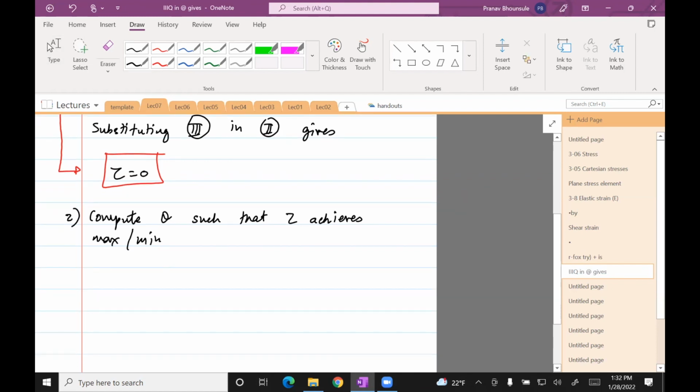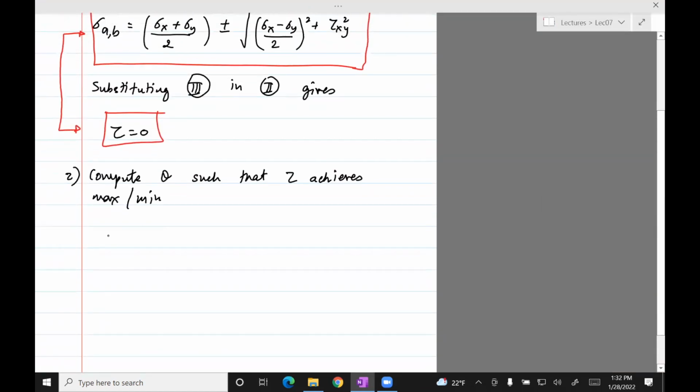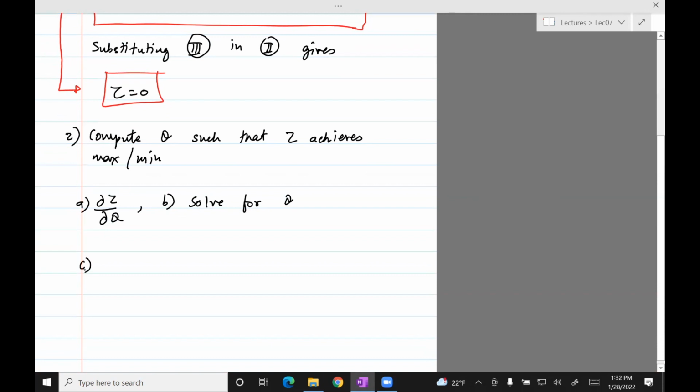Those steps are very similar. Step 1, take the derivative of tau with respect to theta. Step 2, solve for theta. Then you will get tan 2 theta s, where s denotes the direction of maximum shear stress, equals minus sigma x minus sigma y divided by